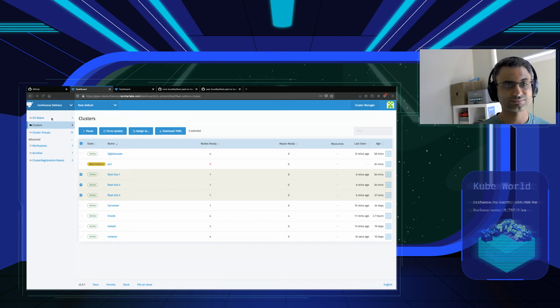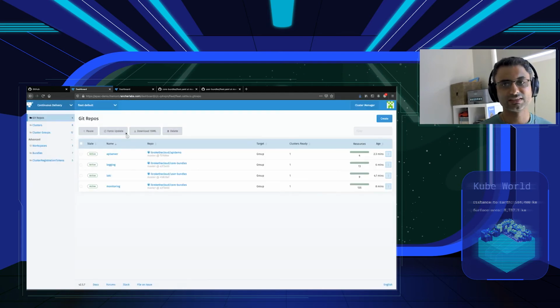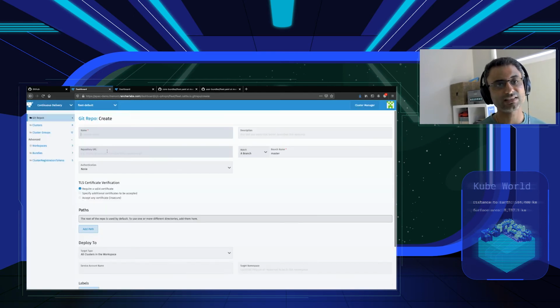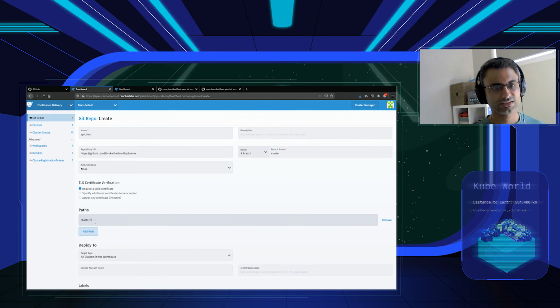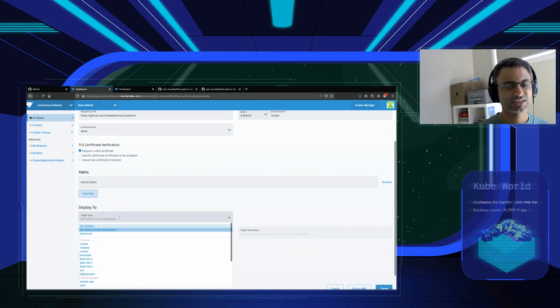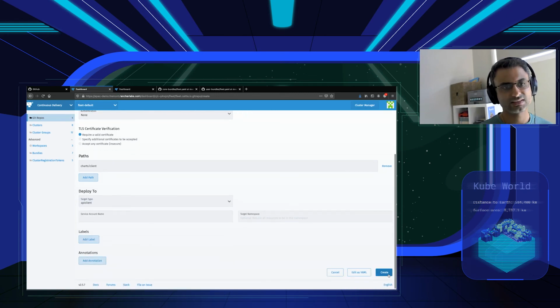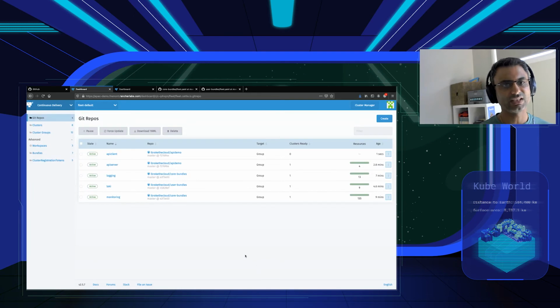group, which is the API client. So now I'm ready to deploy the API client. Again, pretty straightforward. API demo is the name, and the path is charts client, and I will deploy it to API client and click create. And again, now continuous delivery in this particular case is going to deploy the same app to multiple